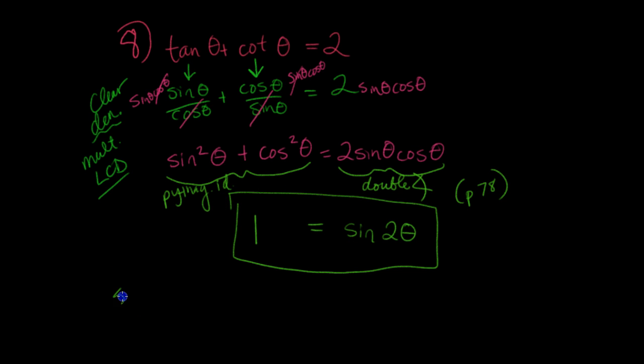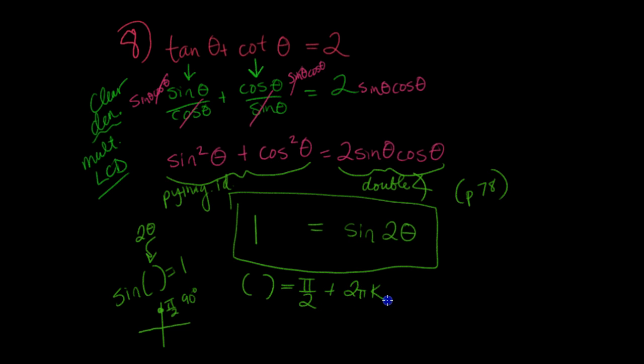Well, you're asking yourself, when is sine of whatever equal to 1? What does that whatever have to be? Well, think about the unit circle. Sine, the y value, when you get positive 1, is only up here at the top. This is pi over 2. You could say it's 90 degrees too if you were thinking about degrees, right? But we don't want pi over 2. We want specifically, remember that inside here it's actually 2 theta. So when this stuff is equal to pi over 2, and that would be every plus 2 pi k radians,